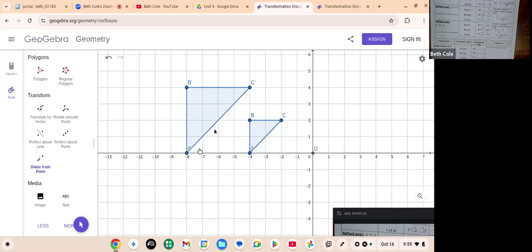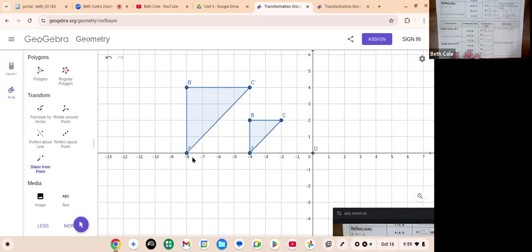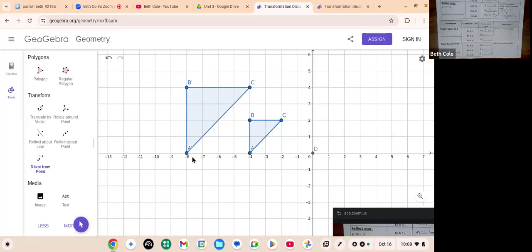There is going to be a 0 in there. It's going to be -8, 0. Perfect. So for A prime, you're going to put -8, 0. Again, you kind of just have to listen. I can't have both screens at the same time. -8, 0. B prime is -8, +4. Perfect. And then C prime is